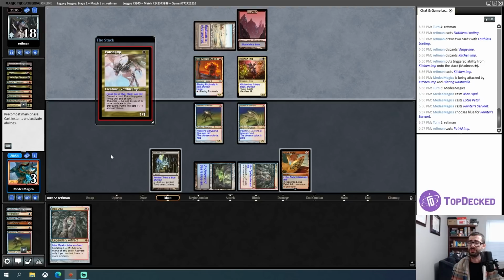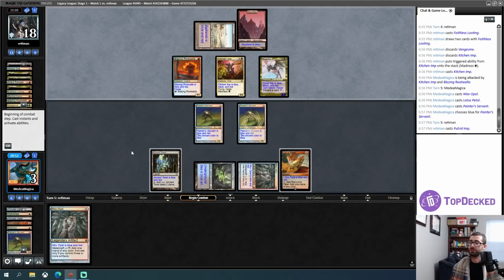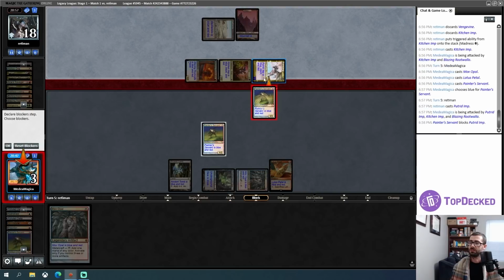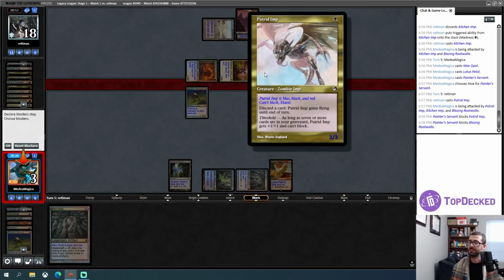Shit. Future Damp flies if my opponent discards a card. Please let me go to blocks. Thank you. Thank you for not discarding a card. It only has flying if my